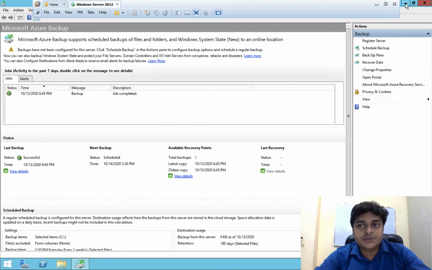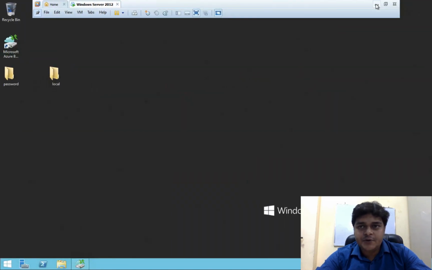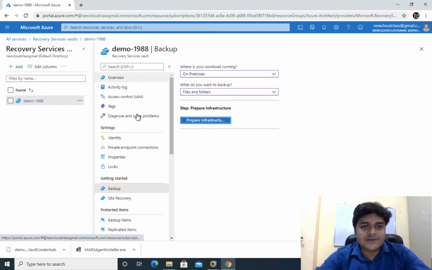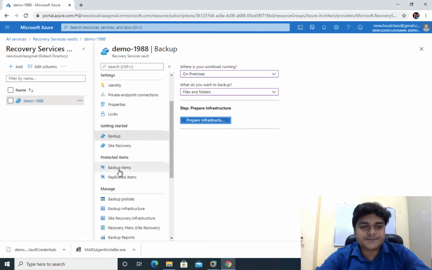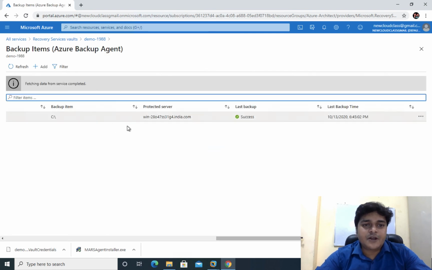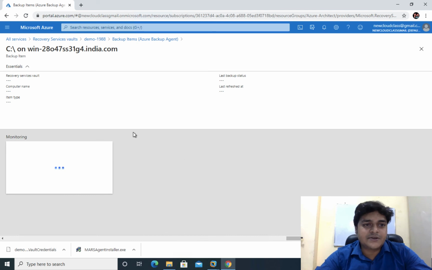Now what you need to do, if you want to check it, you can directly open the Microsoft Azure portal and verify whether your recovery service vault agent is working fine or not. So just click here, go to the backup items, and in the backup items we have already configured one, Azure file storage services. Another is installed with the Microsoft Azure backup agent. If you click here, it gives you the information about your on-premises machine. So everything is okay, everything is fine. Our backup is successfully configured.